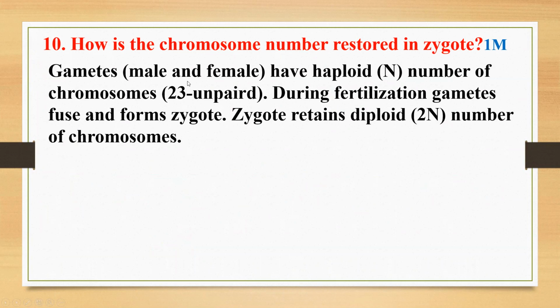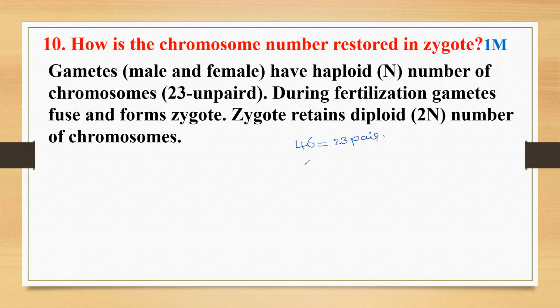Gametes, the sex cells like sperm cells and egg cells, always contain only 23 chromosomes, not 23 pairs. Generally all human beings have 46 chromosomes in the form of 23 pairs,